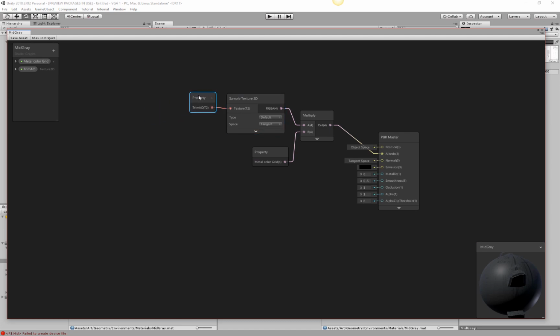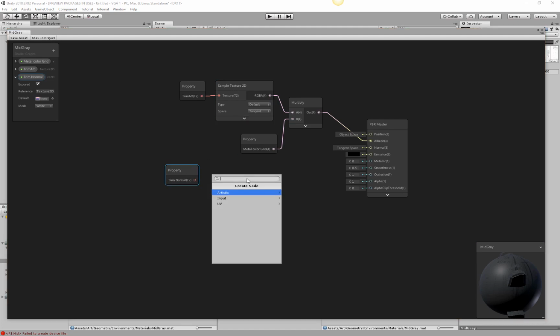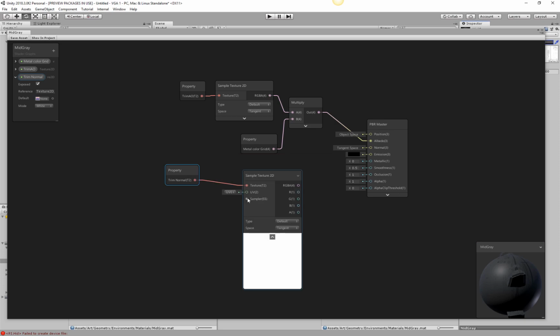Okay. So next, we need to look at our normal, which is in a different position than what we're used to. So we'll do, again, sample 3D, or if we want to be able to change it out, we'll just do plus, texture 2D, and then we're going to call this trim normal. And probably better naming conventions for all this stuff, but for now this works. I'm going to drag this out, and then I need another sample 3D, and I can either drag it this way and then say sample or sample 2D texture like this, which looks exactly the same,